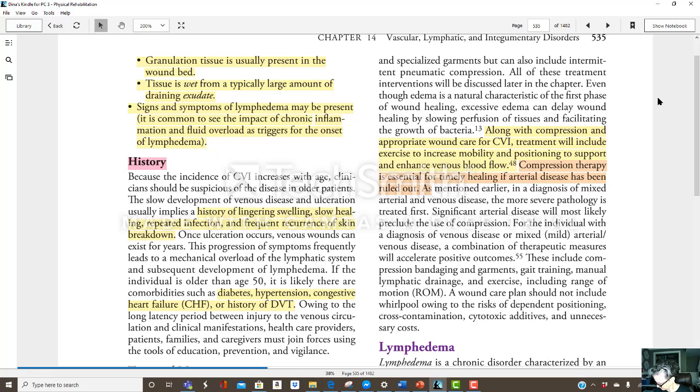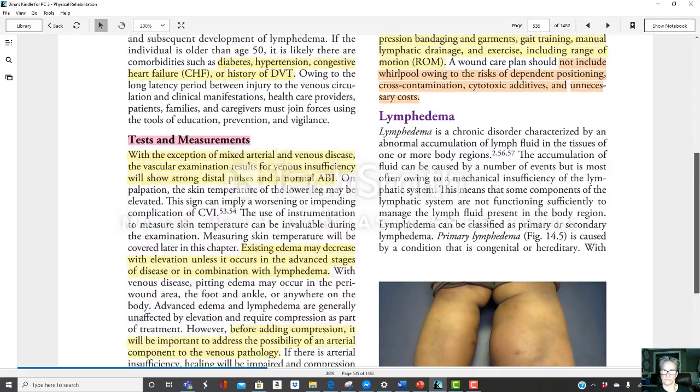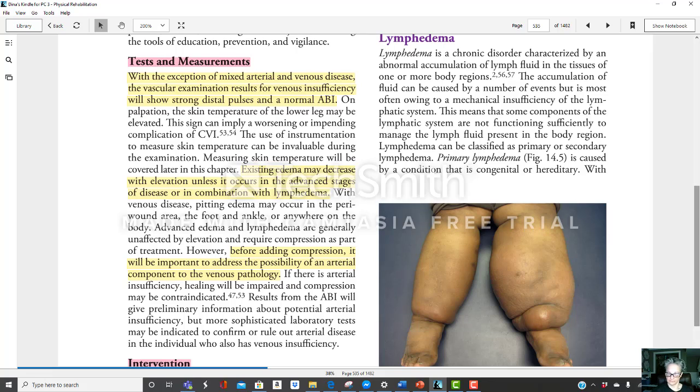A combination of therapeutic measures will accelerate positive outcomes. These include compression bandaging and garments, gait training, manual lymphatic drainage, and exercise, including range of motion, ROM. A wound care plan should not include whirlpool owing to the risks of dependent positioning, cross-contamination, cytotoxic additives, and unnecessary costs. Lymphedema. Lymphedema is a chronic disorder characterized by an abnormal accumulation of lymph fluid in the tissues of one